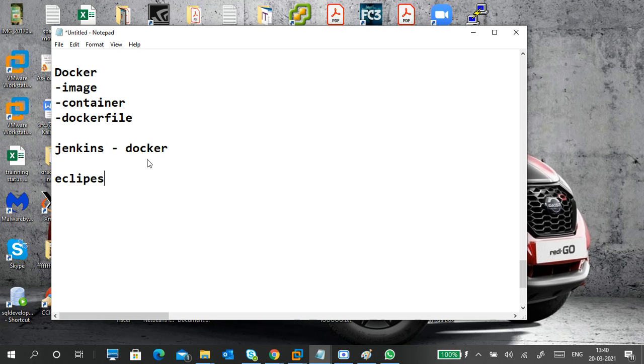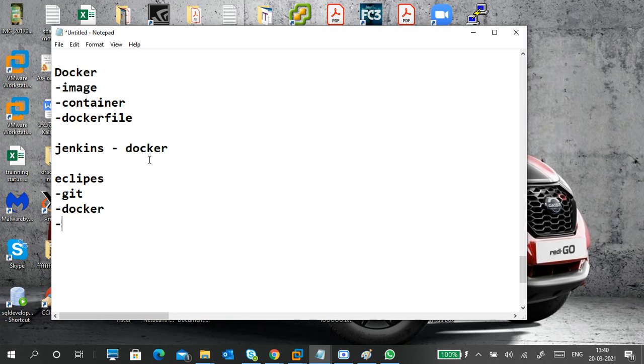Because once you become a developer, or maybe you want to become a developer, Eclipse. How to link Eclipse to Git? How to publish, how to pull, how to push? That is important. Now Eclipse to Git, and Eclipse to Docker.